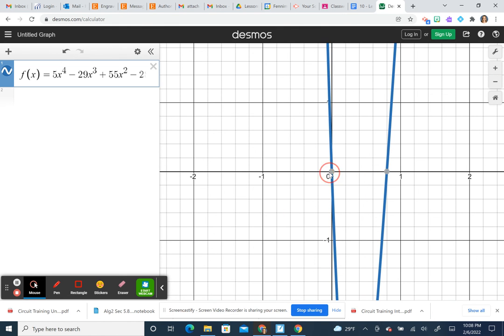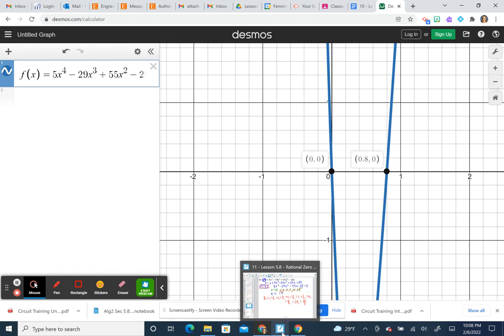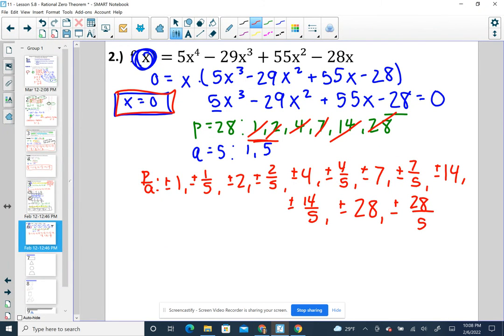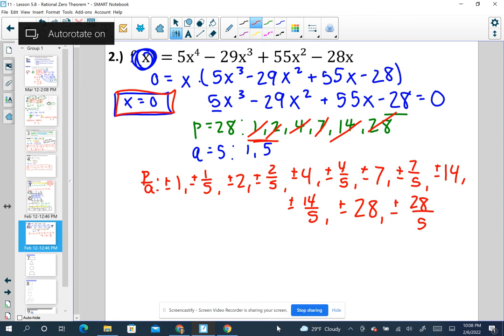Okay, so here's that 0 at 0 that we found right away. And now this one is at 0.8. And you're like, wait a minute, this is a degree 4. Why are there only 2 x-intercepts? We'll get to that in a second. Because that's great thinking. You're thinking fundamental theorem of algebra. So we got 0.8, which is a fraction. 8/10 is 4/5. 4/5, that's still a rational zero. I know it's a whole number, but that's going to be our magic number here that we will start with